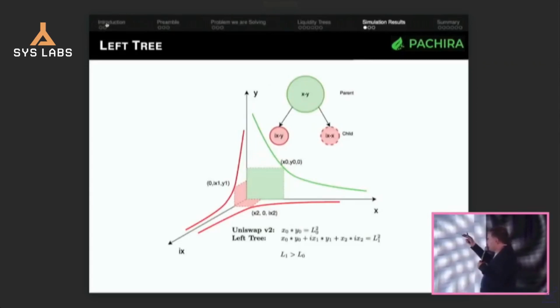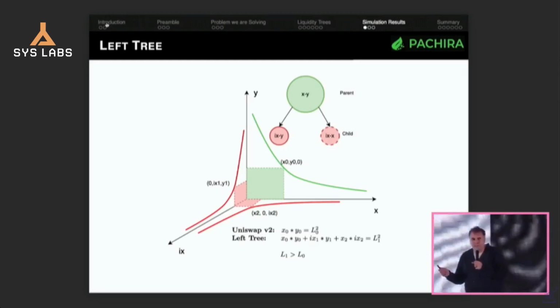So here you have our parent, and this graph here is what we call a left tree: XY, IXY, and IXX. That's what we define as a left tree. We have our Uniswap V2 pool here denoted by the green, and our two derivative markets denoted on separate planes. So if we were to implement a protocol, the question someone might ask is,